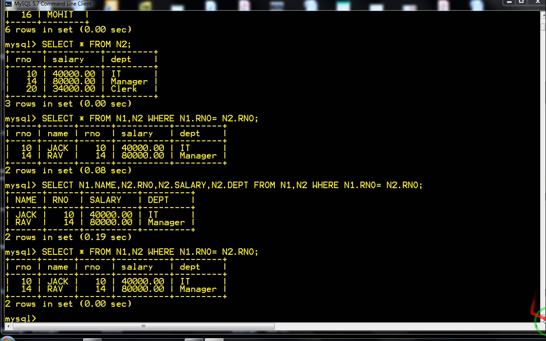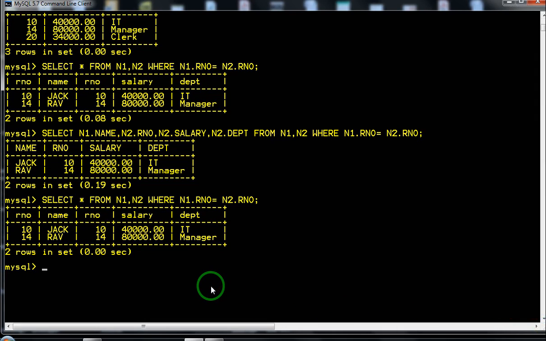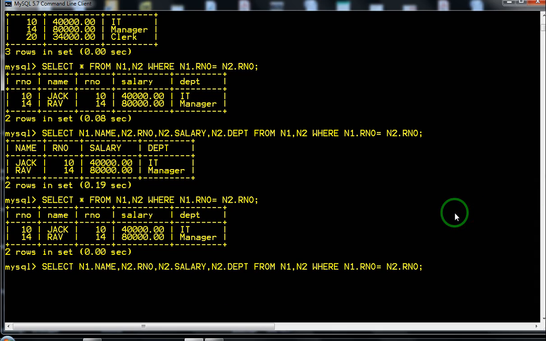Another way for creating a natural join is, so there is only one difference between equijoin and natural join. In natural join, only one of the identical columns will be displayed. In equijoin, all the columns, even if they are identical, will be displayed. All the columns are displayed in equijoin. Like you can see, the above example is of equijoin. And there is one more method for creating a natural join.